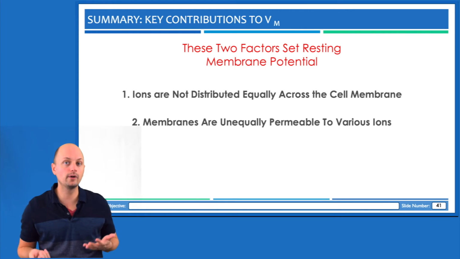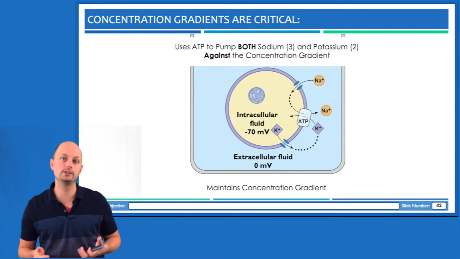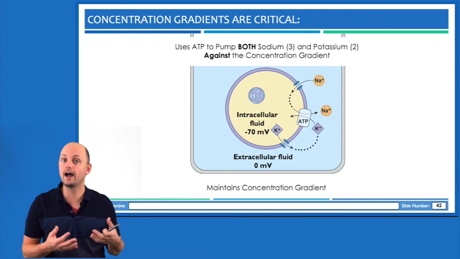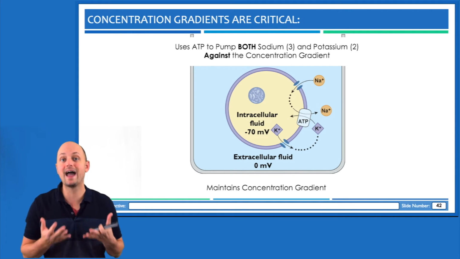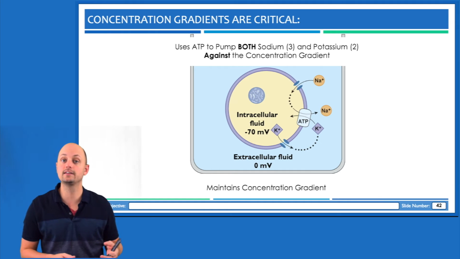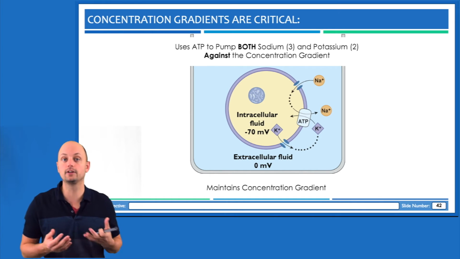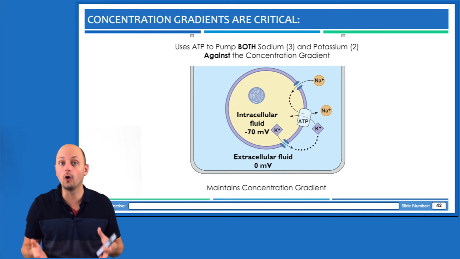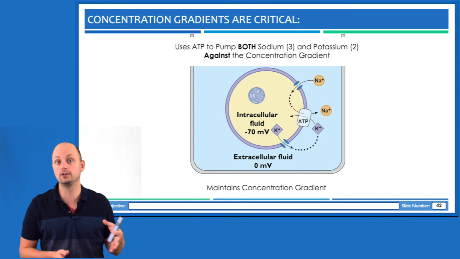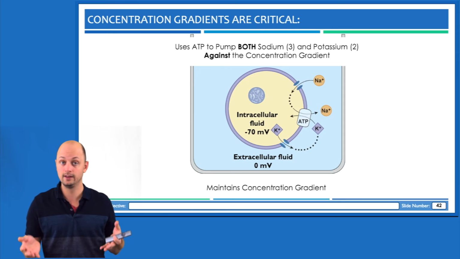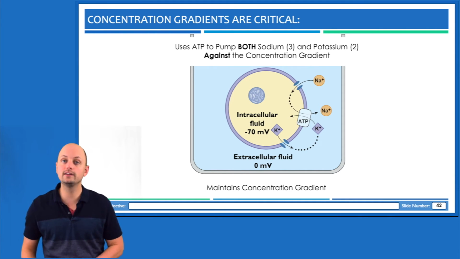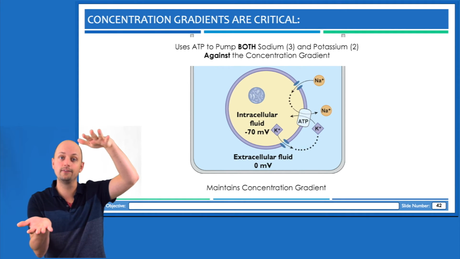The last thing I want to highlight for you here is the relationship between passive and active transport. Remember that ion channels are classified as passive, and that means that they don't use any energy and they rely on diffusion in order to work. This means that ions are always going to move from high concentration to low concentration through channels, as long as that concentration gradient exists. But if all we did was move ions from high concentration to low concentration, then eventually